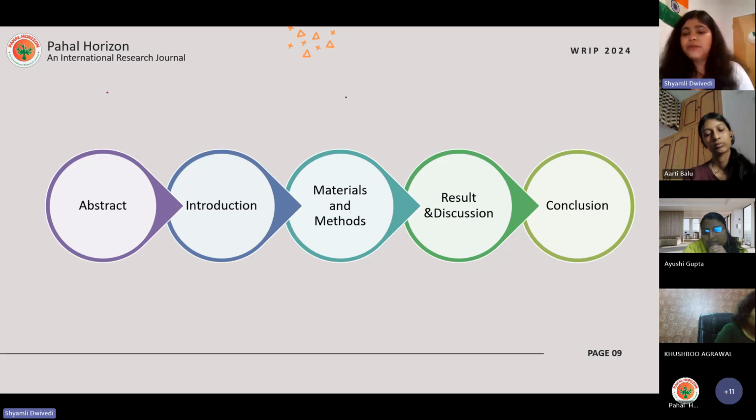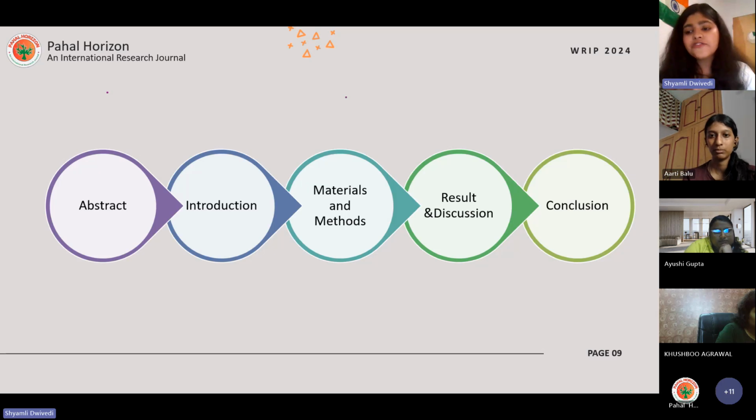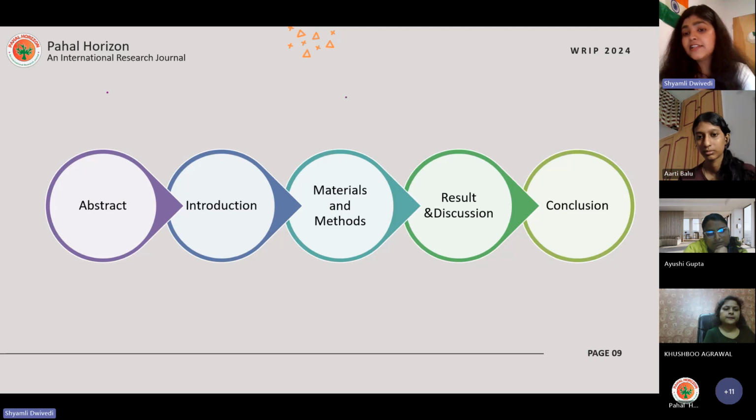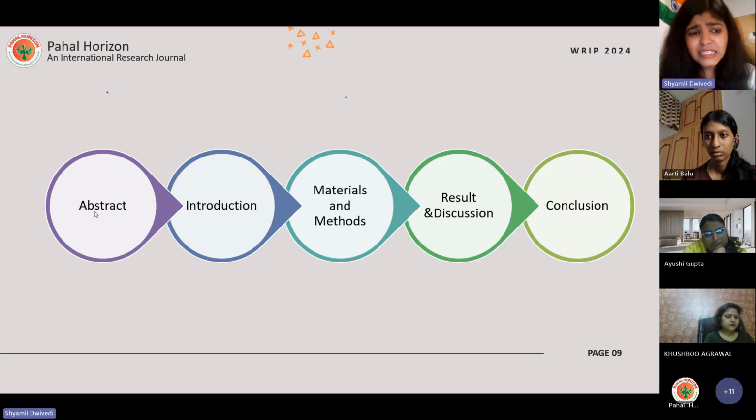Okay, so when you read a research paper, you might have seen this structure everywhere. In an experimental research paper, first they talk about the abstract, then introduction, then materials and methods, results and discussion, and conclusion. So do you know what these are and what we should write in the abstract, introduction, materials and methods, results and discussion, and conclusion sections? So for abstract,